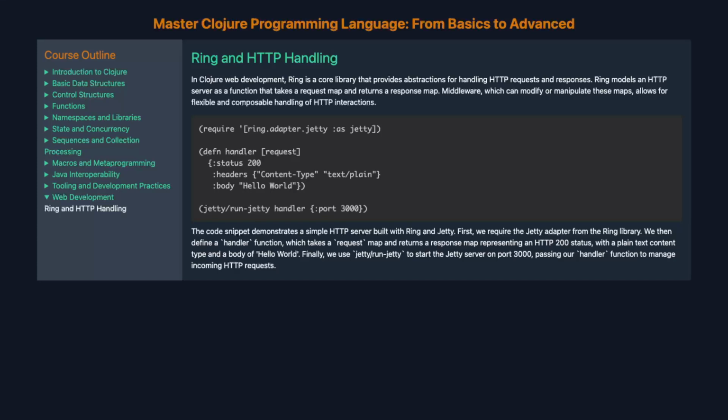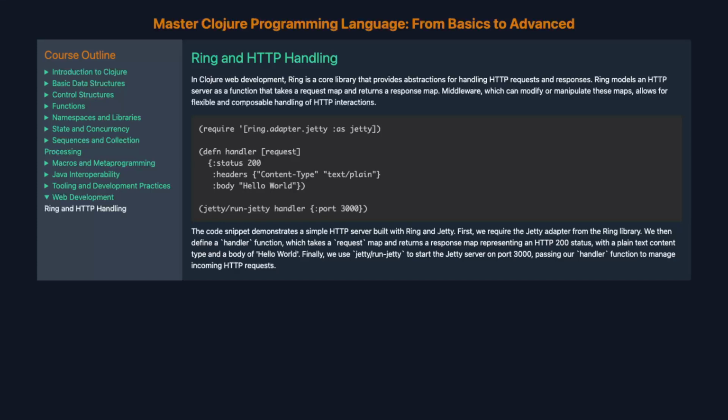First, we require the Jetty adapter from the Ring library. We then define a handler function, which takes a request map and returns a response map representing an HTTP 200 status, with a plain text content type and a body of Hello World. Finally, we use Jetty's run-jetty to start the Jetty server on port 3000, passing our handler function to manage